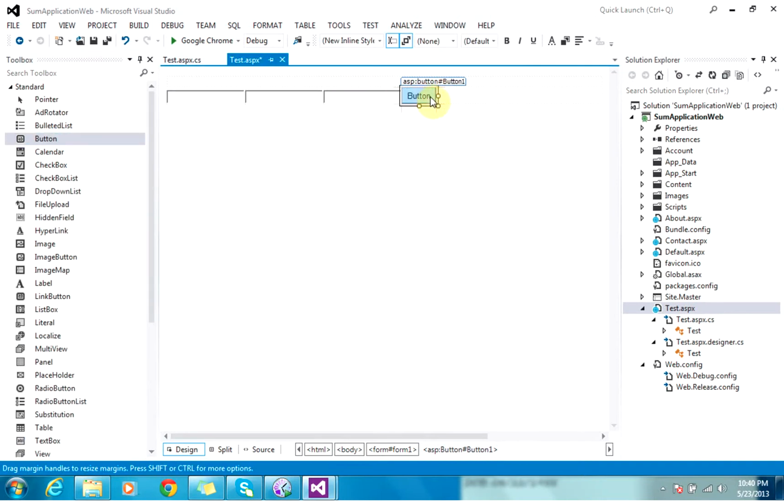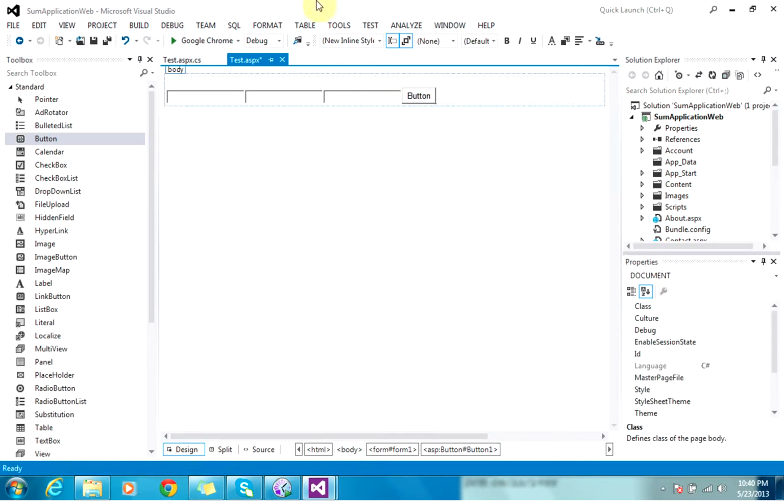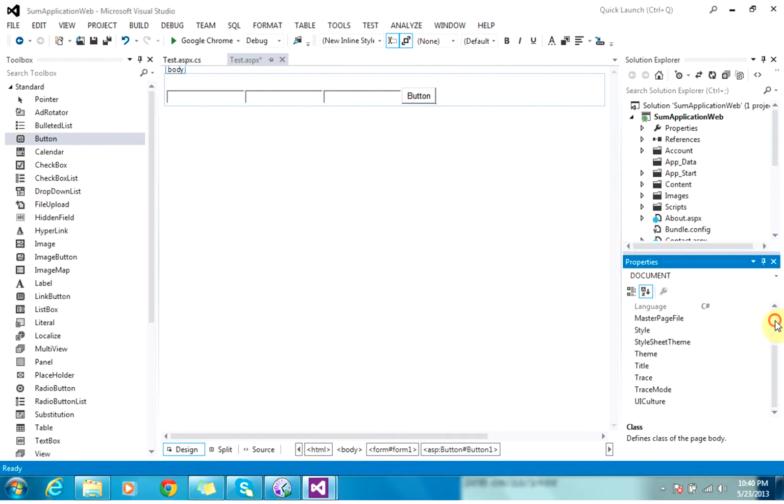So you remember what we did property wise. Right click, the similar way. Here you will have ID rather than name.